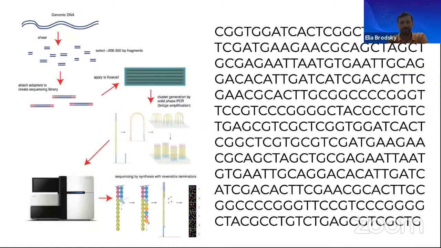So the machine uses image analysis to capture each letter in the flow cell fragments by analyzing visual patterns and converting them to a sequence of letters. Typically, next generation sequencing,